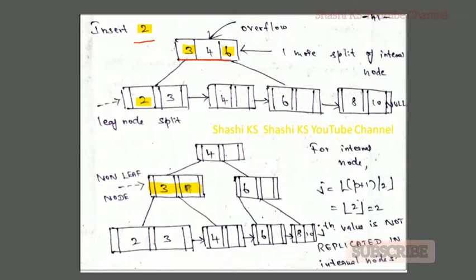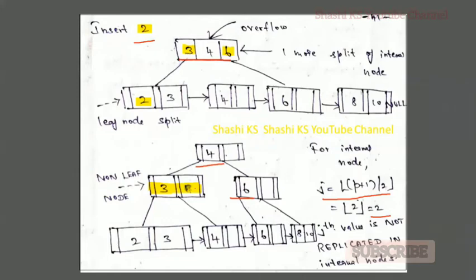Remember that when you're splitting the internal node, again you find the value of j by using the order of the B plus tree. Order of the B plus tree is p. And then when you find the value of j, you would be getting it as 2. And then now the first j entries are kept in the same node, that is 3 is kept in the same node, and the jth value is moved to the parent node, and the remaining value is moved to the next node.